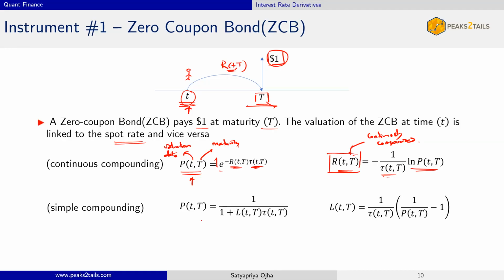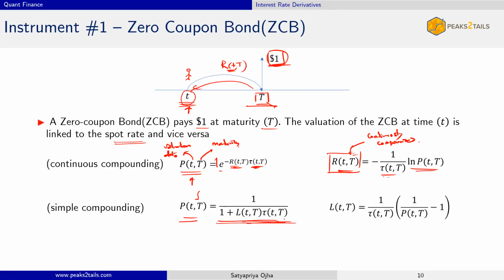You can use simple compounding also. So if you use simple compounding, your valuation would be one. So discounting one back to small t. Whatever you use for compounding as multiplier, you use the same. You divide by the same for discounting, right? Is the simple idea. So discounting would be this one plus